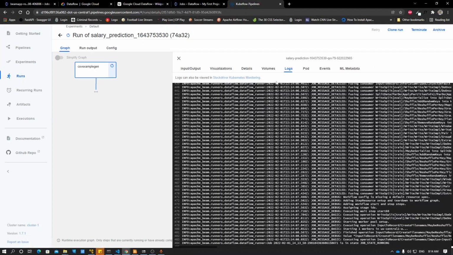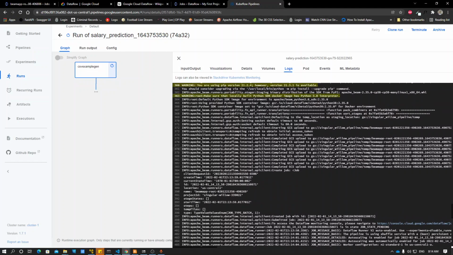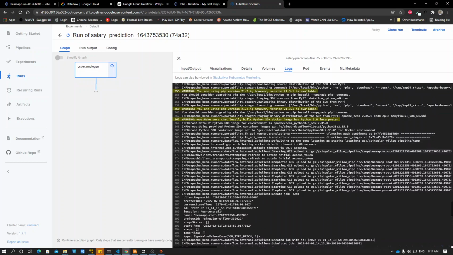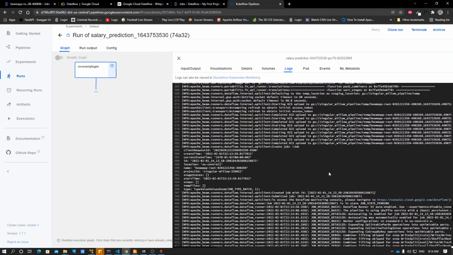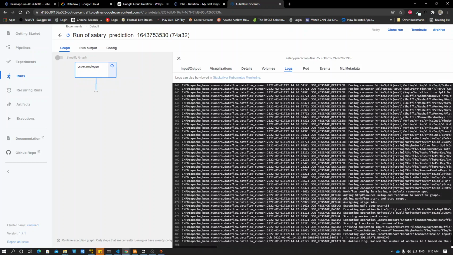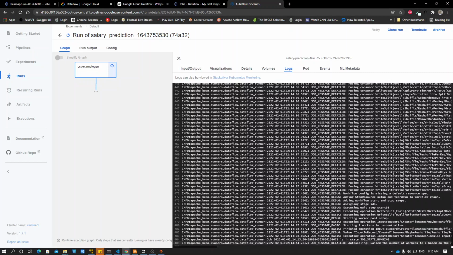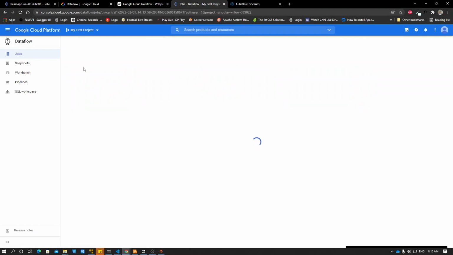If I go to here, you can see it has given the job to Dataflow, right? You can see some Dataflow stuff over here, to access the Dataflow monitoring console. So it has outsourced the job to Dataflow. And as you can see, it says autoscaling, raising the number of workers to 1. So that is the job that it has outsourced to Dataflow.